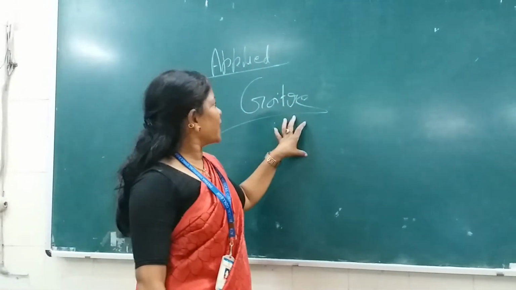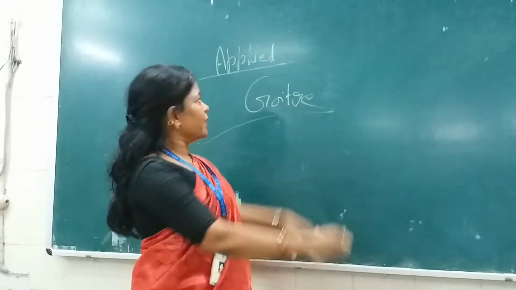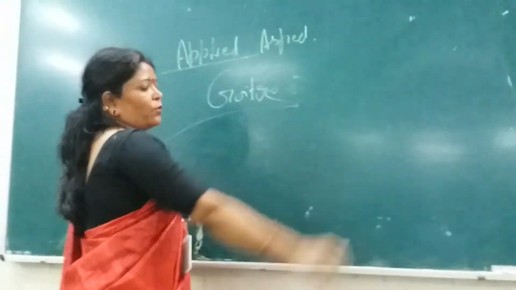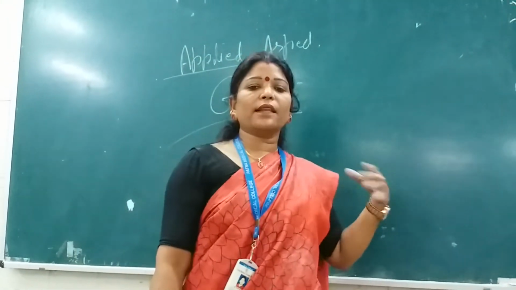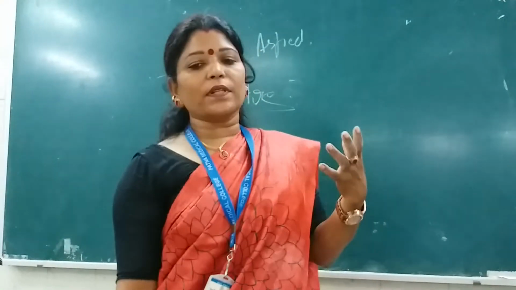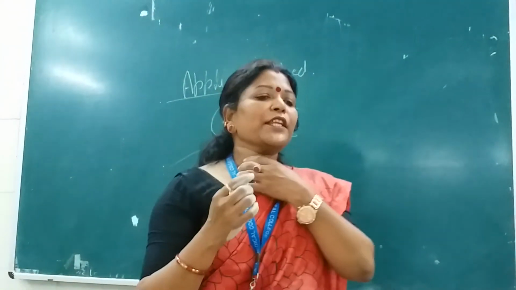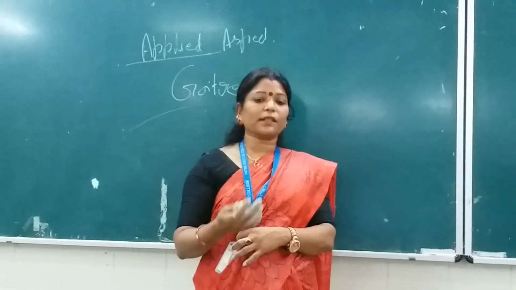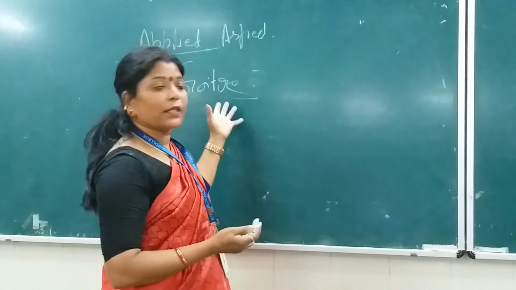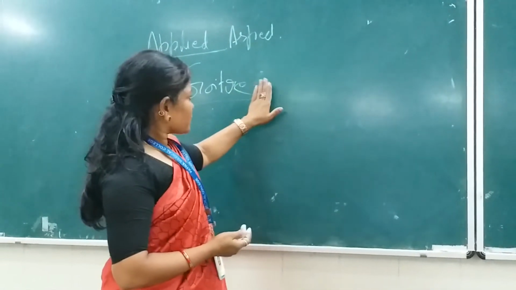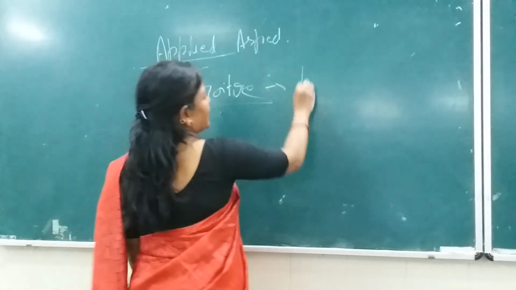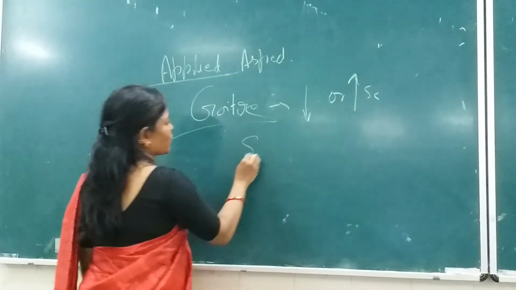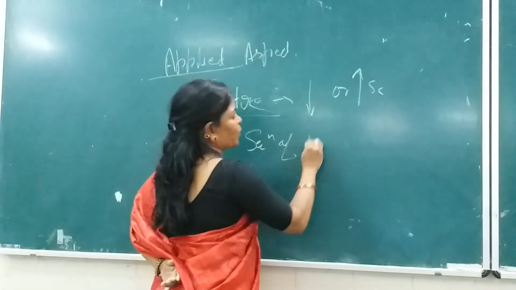Goiter. Applied aspect of the thyroid gland, it is very important. Goiter means enlargement of the thyroid gland. It is any swelling in the thyroid gland, in the neck region, which moves up and down. That is the thyroid swelling, known simply as the goiter, and it may be due to decreased or increased secretion of the hormones.